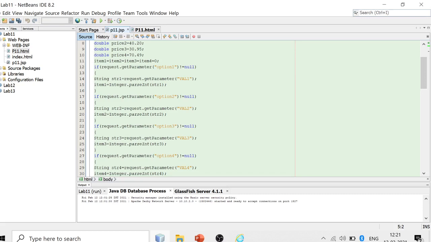If it is selected, then we read the quantity into a variable called str1. In item1, I am storing the quantity entered by the user for the first item.